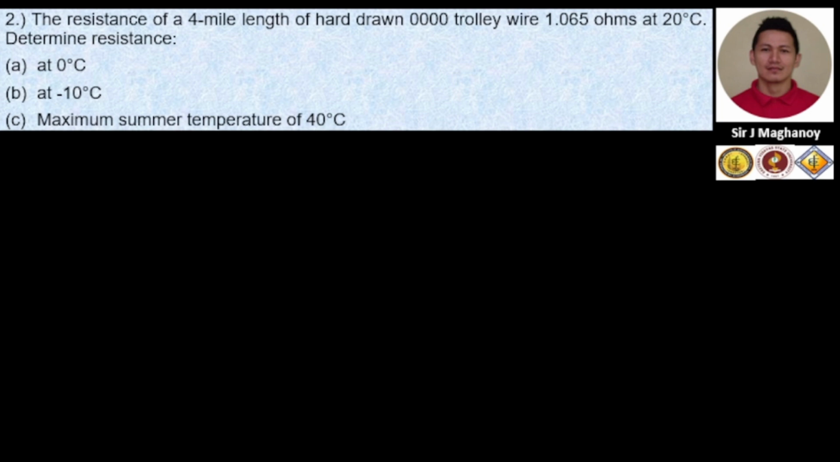Number 2. The resistance of a 40-mile length of a hard-drawn 4-0 trolley wire is 1.065 ohms at 20 degrees Celsius. Determine the resistance at 0 degrees Celsius, the resistance at -10 degrees Celsius, and the resistance at the maximum summer temperature of 40 degrees Celsius. So, with this type of problem,